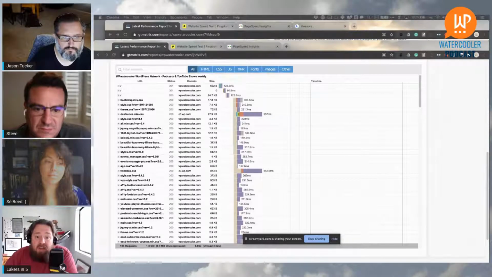Throw another $5 at it, and it keeps you from having to upgrade to a managed host like WP Engine. So this can be a net positive for some folks, but throwing this APO, the Cloudflare APO, at a site on a managed host might not do much, and that's kind of proof positive here.